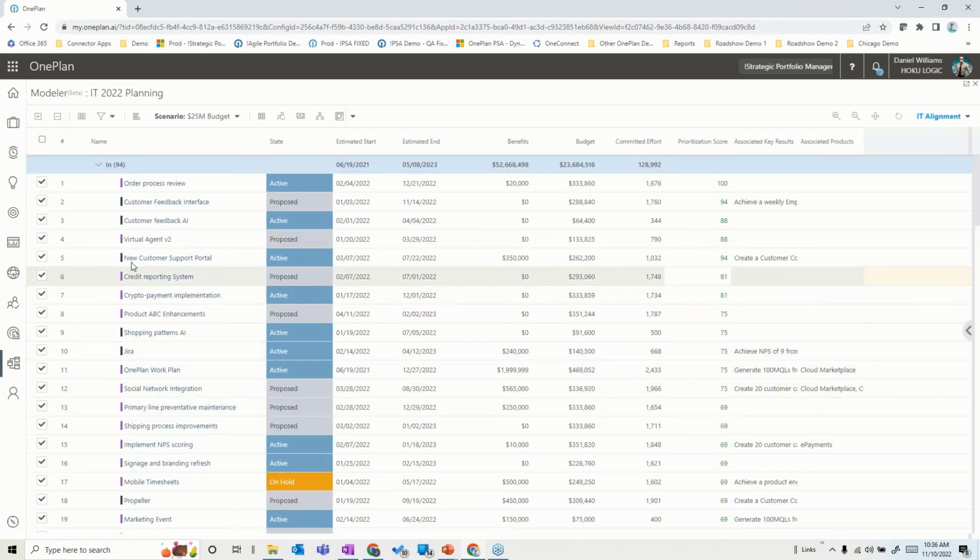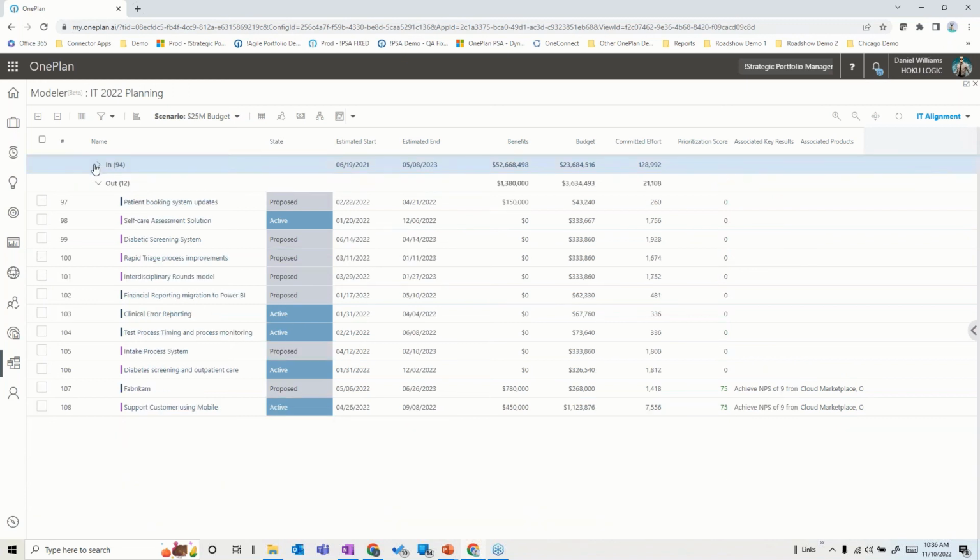In this particular case, what you'll notice is that we have a lot more projects that make the cut, from like 77 or 79 up to 94 projects that are in, and fewer projects that don't have to be done, if we can find that. And also we get more benefits for that. As we compare these, maybe we can look and see the difference between them. Is it worth the additional investment?